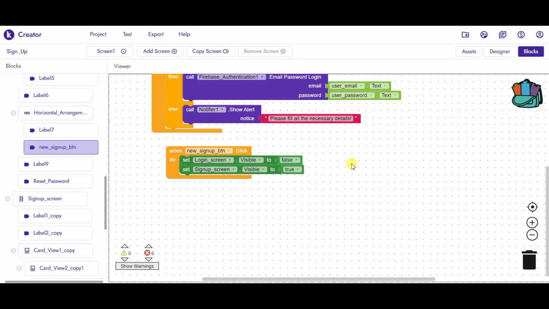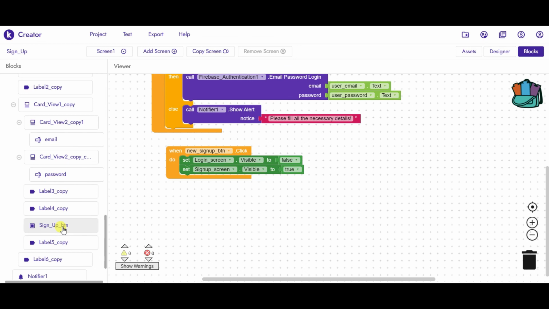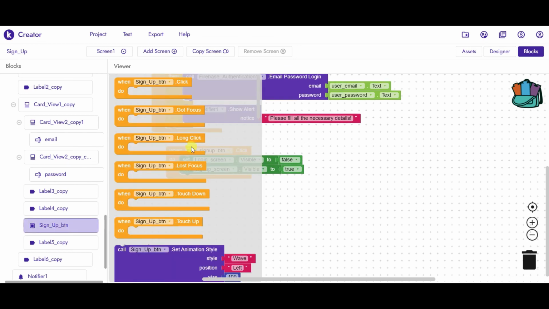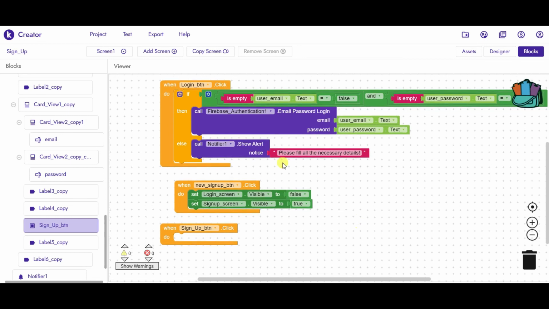Now when someone creates the account, so when someone clicks on the sign up button, then we will take one if block here.